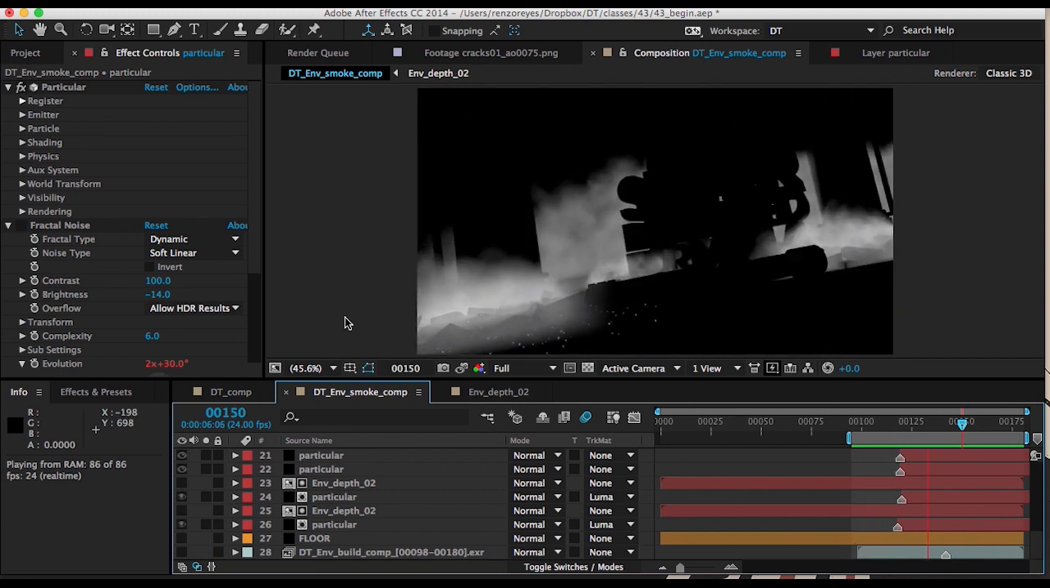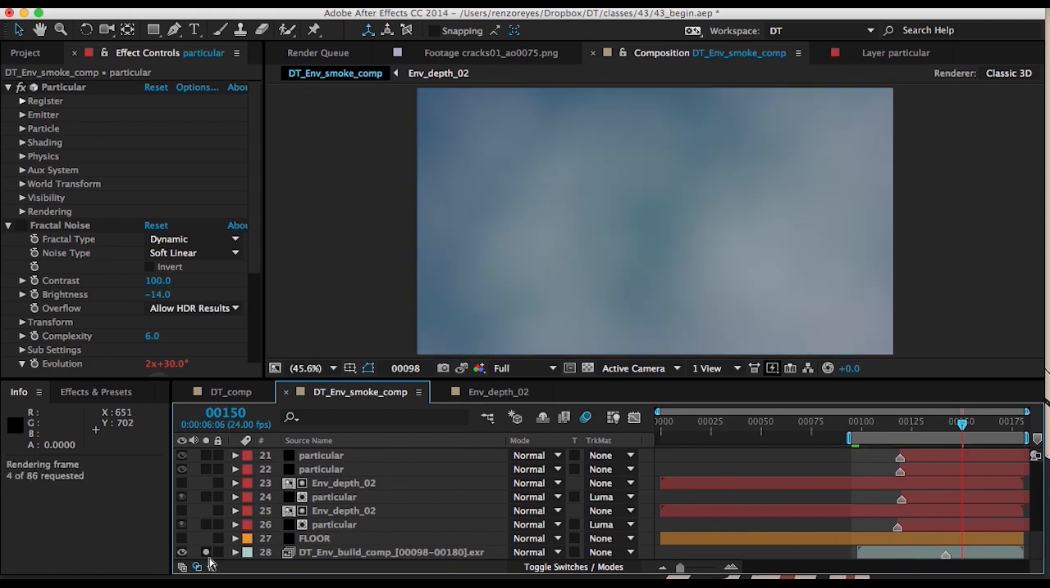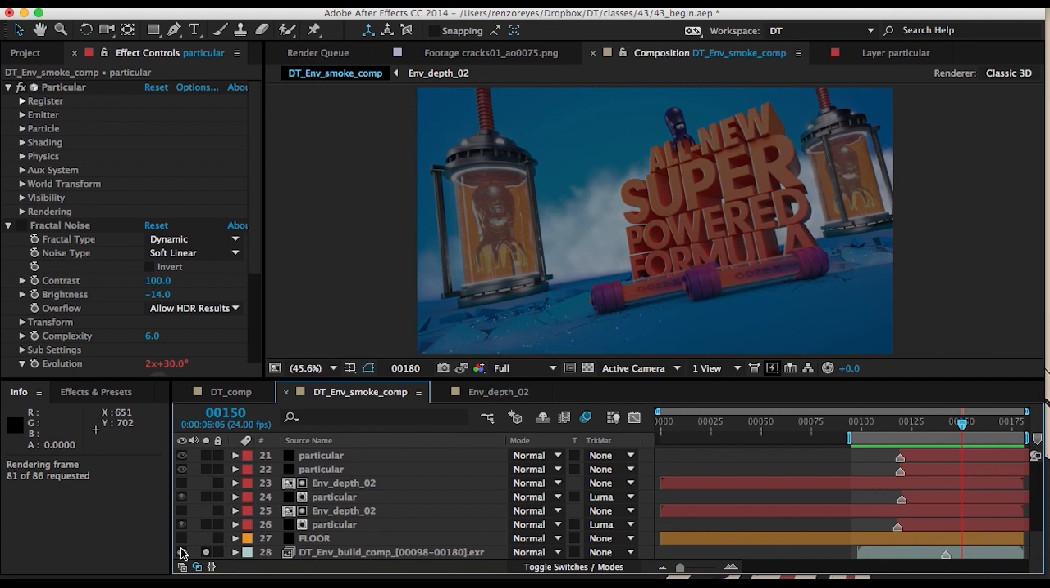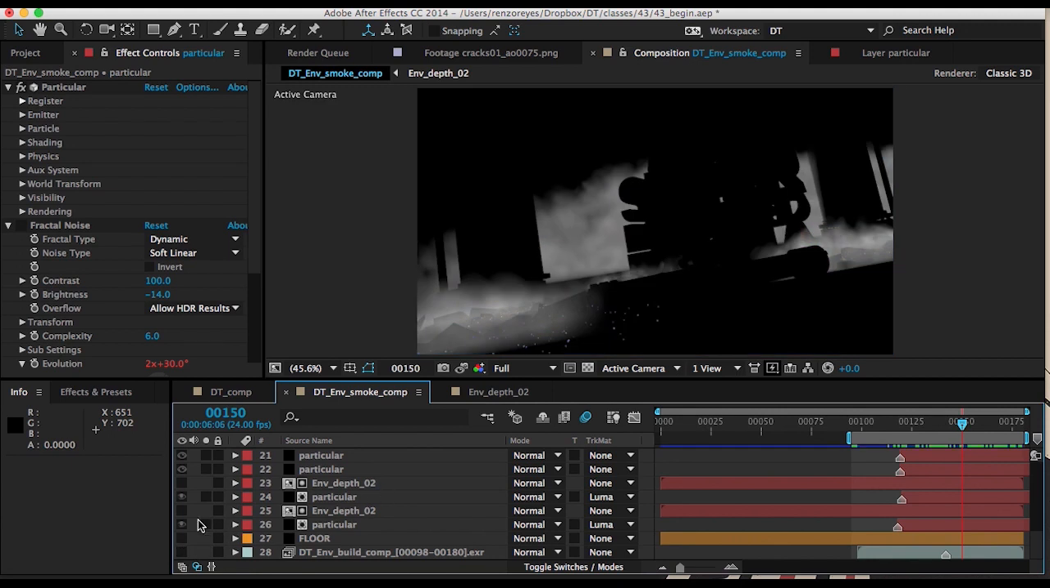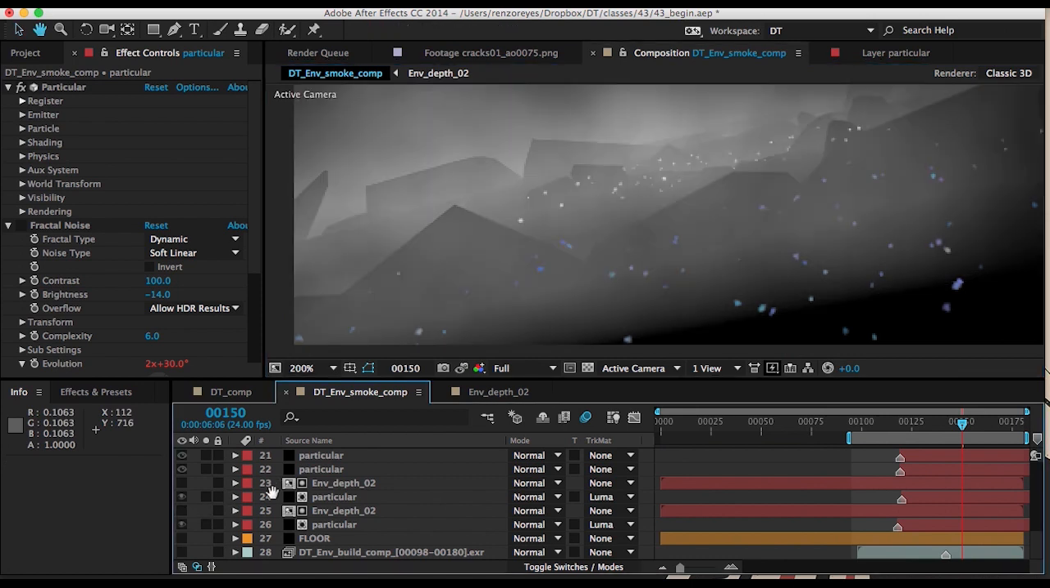Pretty cool effect. And if you can notice, it has an alpha channel. When we play this over our comp, it looks pretty believable. And then one thing you guys are going to notice is that when applying really drastic